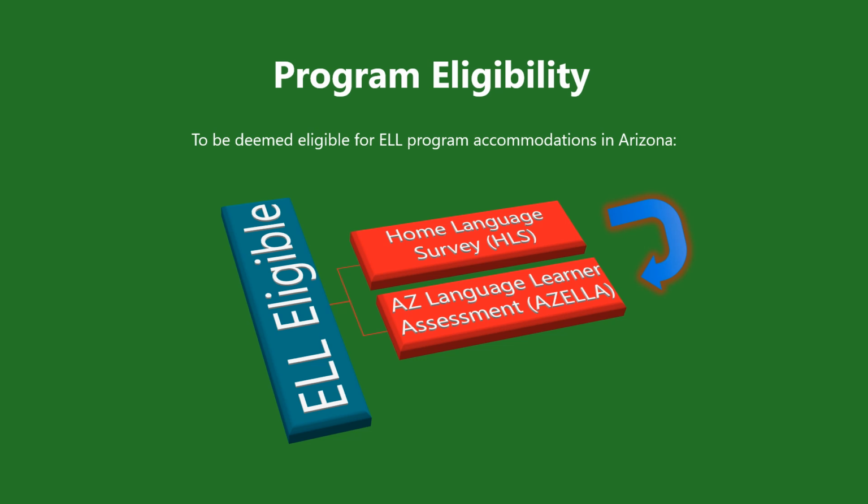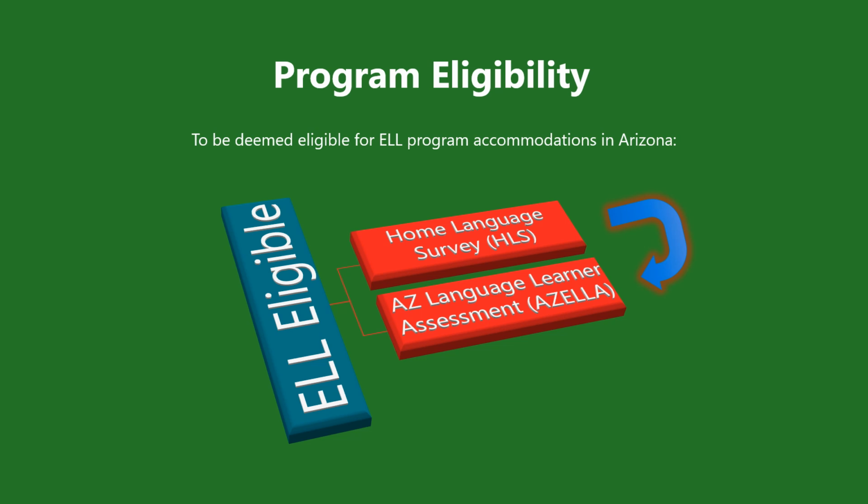For any student to begin immersion, they must first be deemed eligible to begin receiving accommodations and lessons. These eligibility steps are identified through the state agency and education department or school district, and it is a two-step process, at least for the state of Arizona. The first is what is known as the HLS, or Home Language Survey.